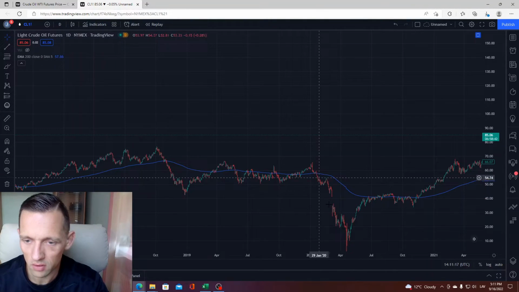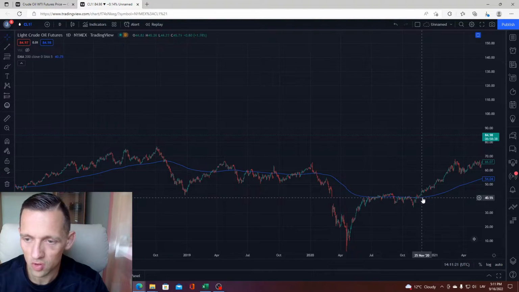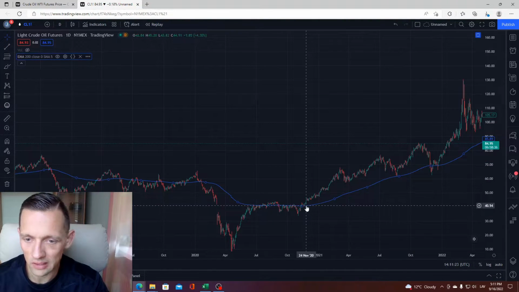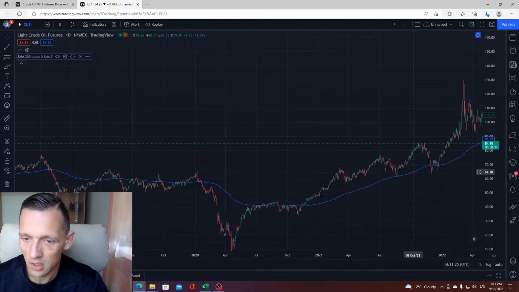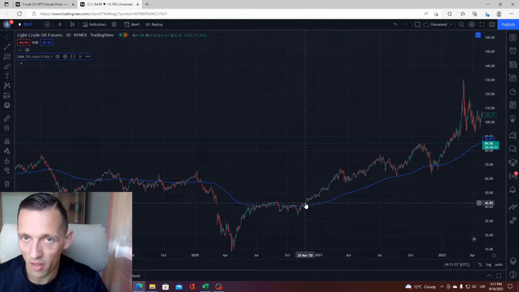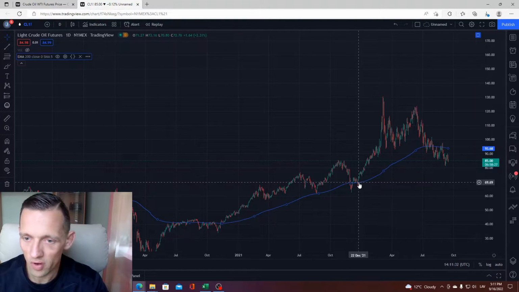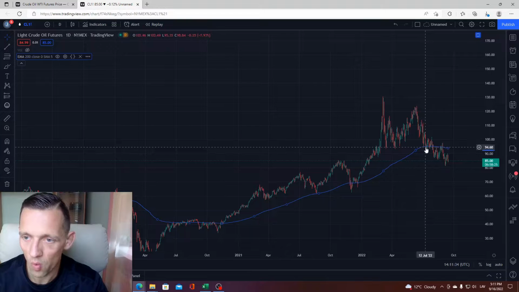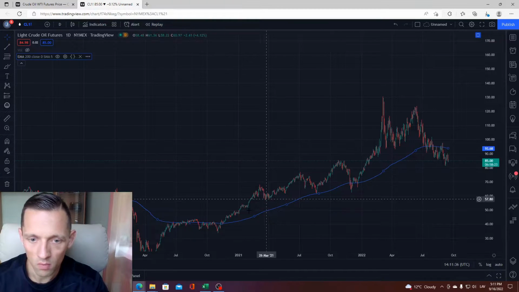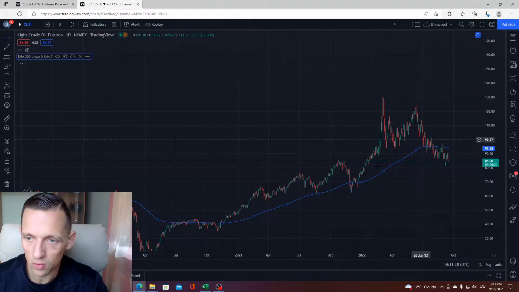But yes, COVID gave good money-making opportunities for trend traders. And then all that instability, the aftermath after COVID-19 and economic recovery, and the crisis in Ukraine with the war that followed, gave two good trends